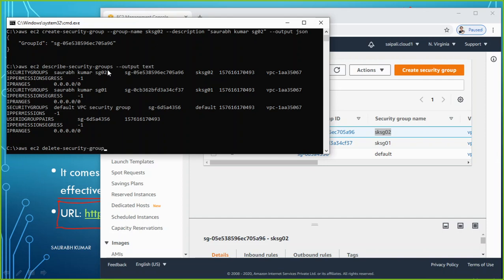Which security group do you want to delete? So here you define the group name, SKSG01 or 02. That's what we want to delete, SKSG02. So just define that name, and now let's hit enter.